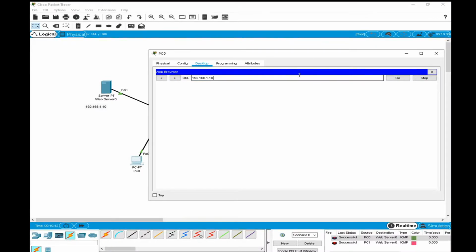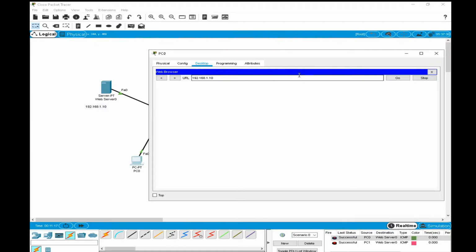Suppose we map this IP to some name, because of human psychology: people cannot memorize numbers, but they can easily remember names like google.com, facebook.com, insta.com, or any website like shct.edu.om or bankmuscat.com. But why do we need to write the IP? We don't need the IP. So what is the solution?